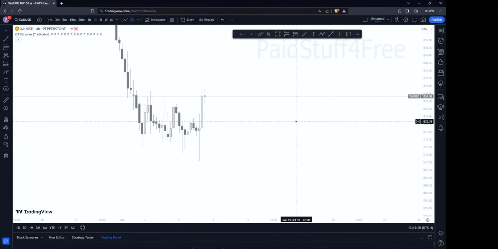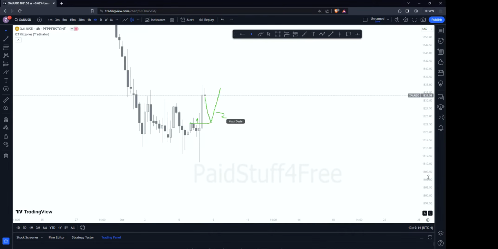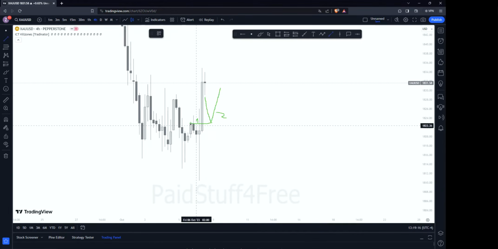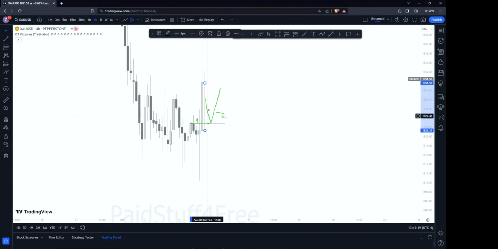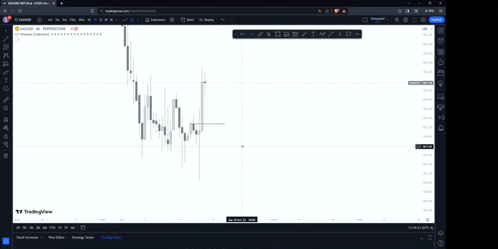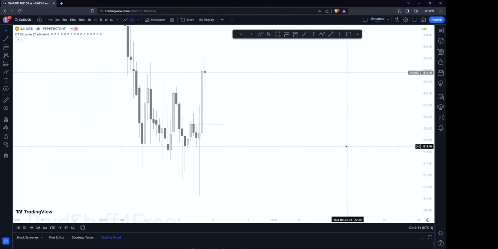I got one question. Like here, when we have this level, we touched it here once, and then we broke it, so it's still fresh. So we could wait for a pullback, and this would then be the second touch, right? Yes, it can be the second use. Let's say this one would be valid, but your job now is to just identify the fresh levels and the unfresh levels. This level is not good for a buy, and I will show you what's good for a buy and what's good for a sell in the next classes.